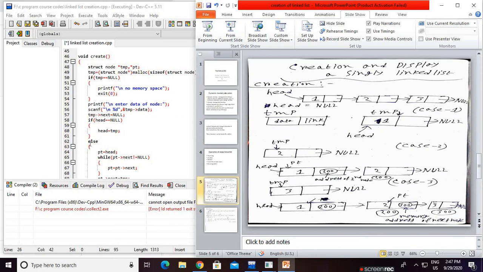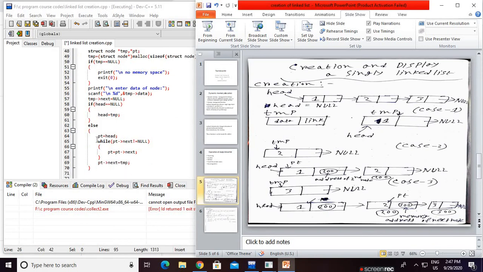Now check. PT equals head. That means as the head is pointing to a node, PT, the pointer, is also pointing to the same node. Now while PT arrow next not equals null, we check the condition. That means after PT, does a node exist or not? That is our main thing.